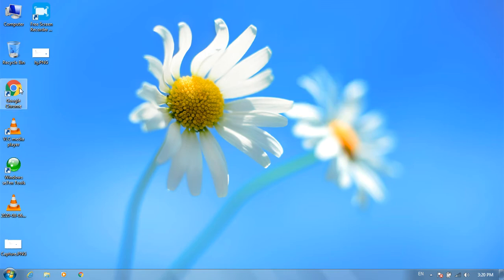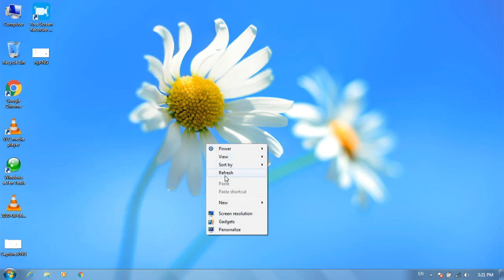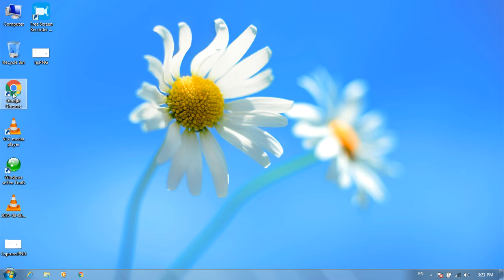So for that you have to go to Google Chrome properties. In properties you are seeing there is Target. In this Target place you will put your cursor there and give one space. When you give one space, then you have to give this mark to this mark, and then you have to write no and another mark, and then you have to write sandbox. So when you write this, then you have to apply this one. When you apply and OK this, now refresh your computer, and then when you go to your Google Chrome,